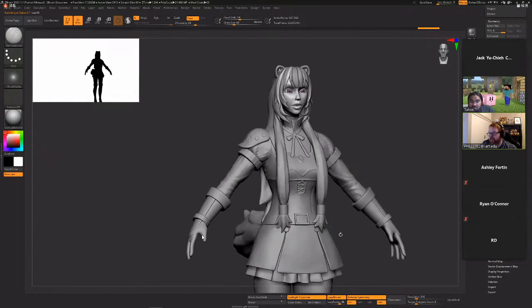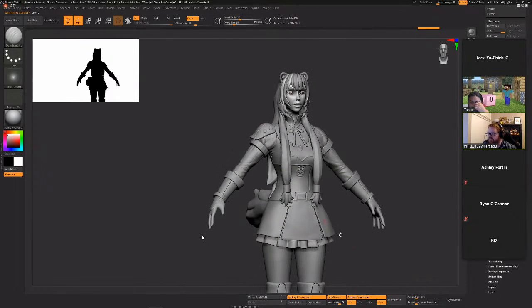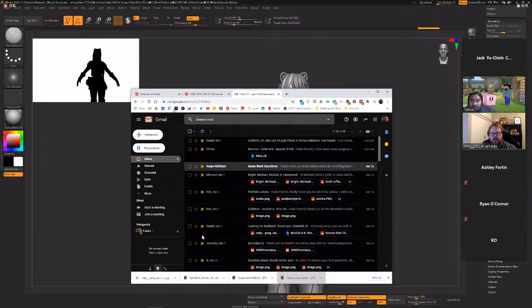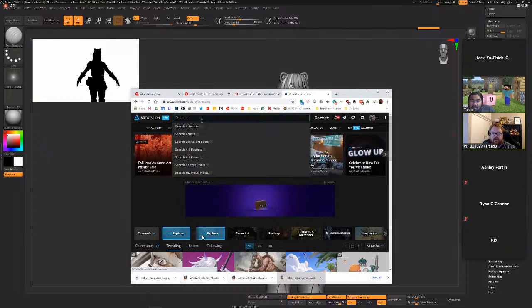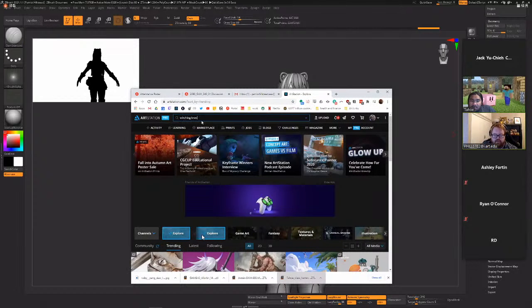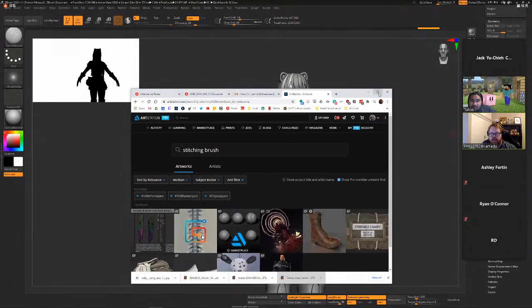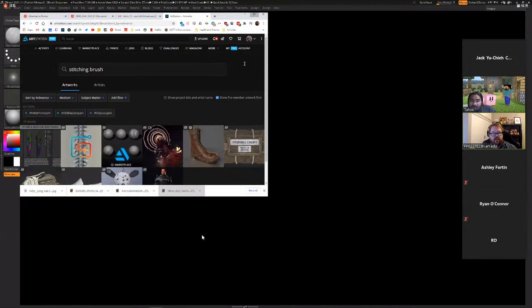So again, there's toss-ups to both. And there's tons of stitching brushes that you can probably download for free for ZBrush on ArtStation if you guys want to use them. Okay. So, stitching brush. Somebody has probably made an entire stitching